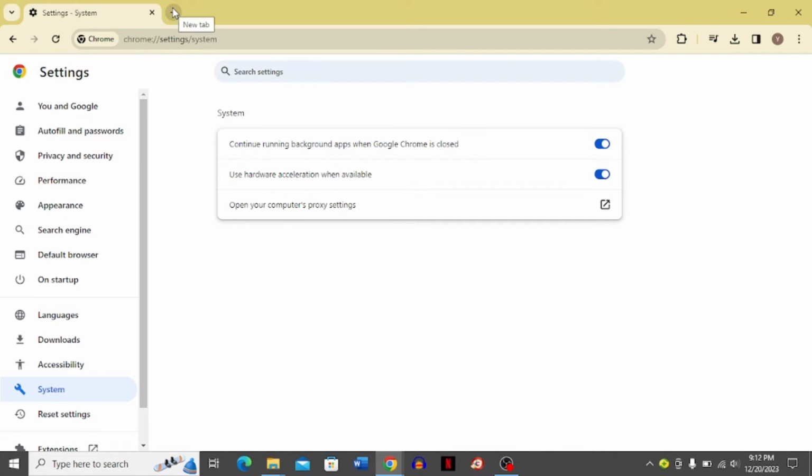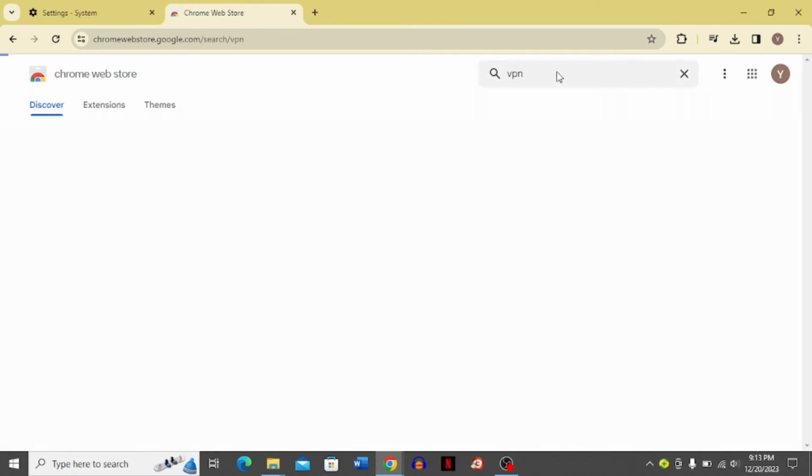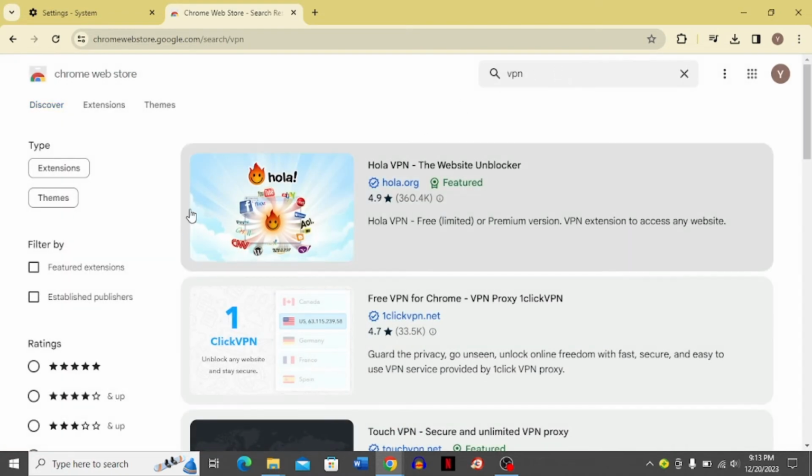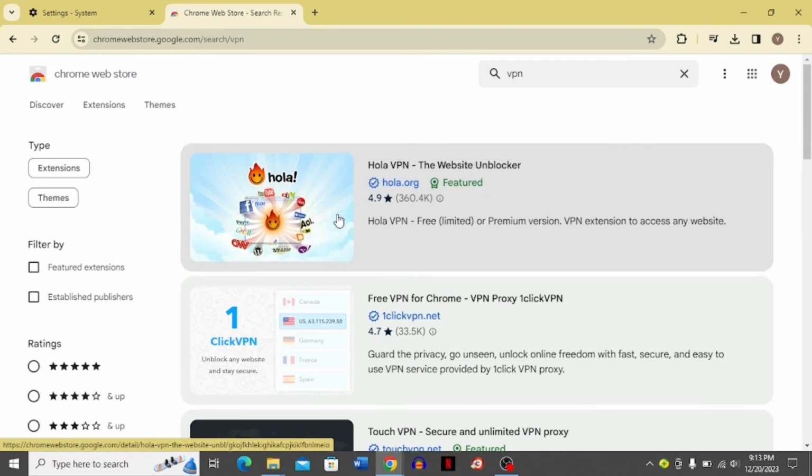or you can just go back over here and go to your web store. Once you're on your Chrome web store, you can search for an extension. You have to search for a VPN to add to your computer or PC. Just download the VPN that you want, and it's free. Once you add the extension, you have to turn it on, and then it's going to unblock the website that